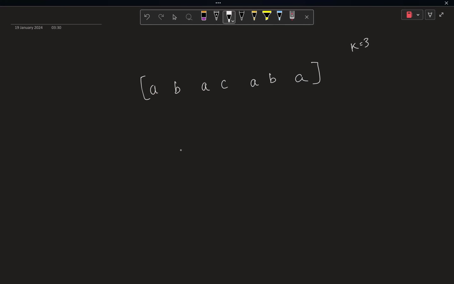So after erasing the first k elements, the string will be CABA, and then you will add 3 characters of your choice. It does not really need to be the same characters which you removed. You can add anything. Like if I want, I can add ZSH, whatever I want. Now the problem asks that this thing will happen in 1 second,